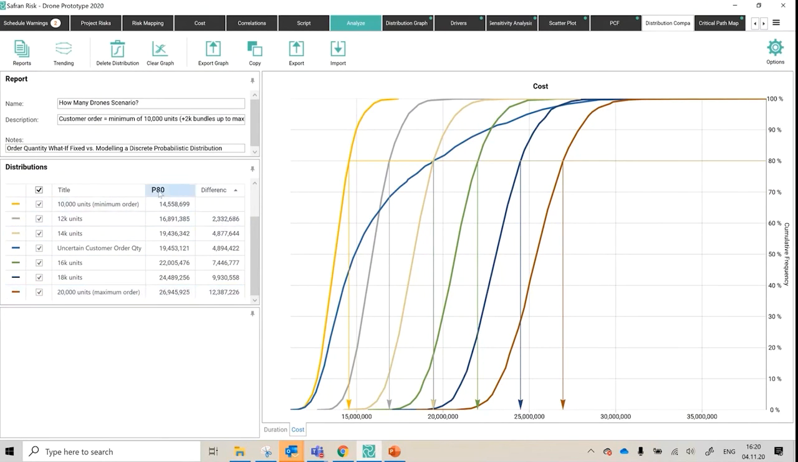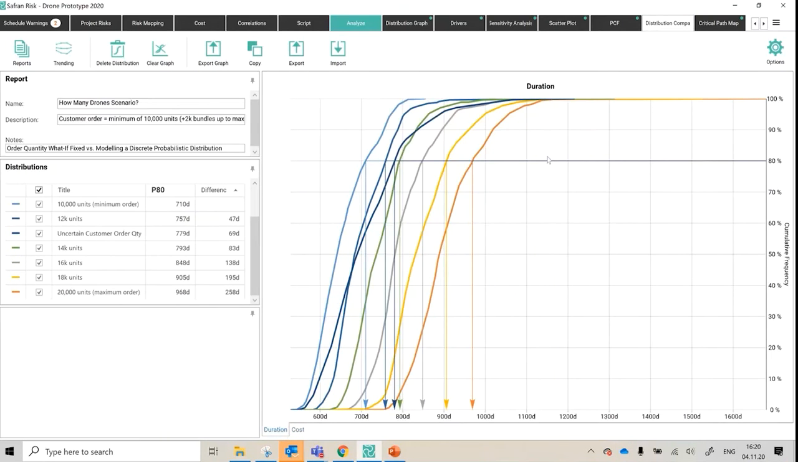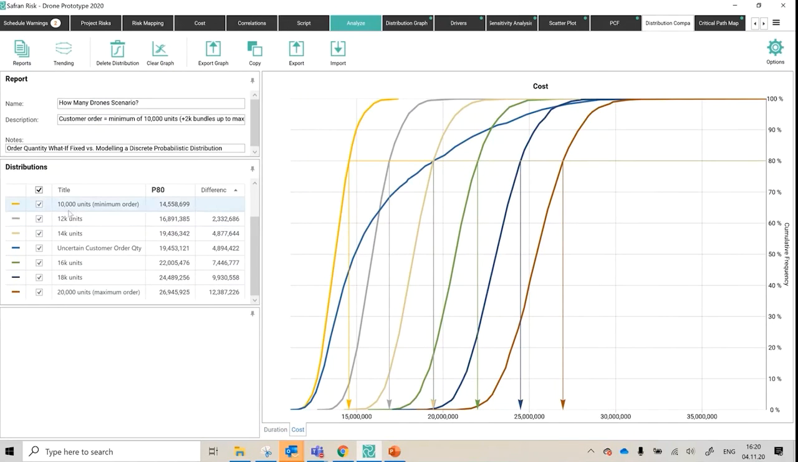And I can see the delta at the P80 cost increasing by this much as we add on more and more thousands of units. So that's more and more materials required to create the drones, but it's also going to be higher labor cost, longer duration to assemble them all, etc. So I get that there. I've also got the duration in as well. And what I quite like about this is that once you've created those standalone scenarios,